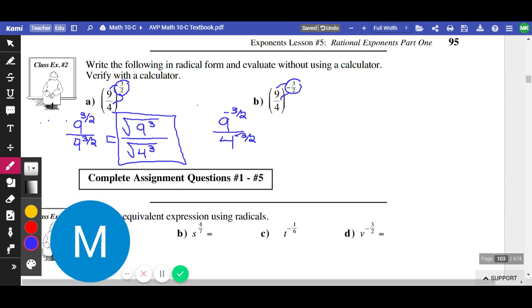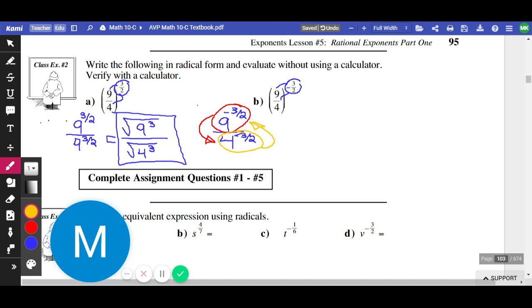Awesome. The next thing I do, because I've dealt with my power of a power rule, is I have negative exponents. I need to deal with these negative exponents. This is a negative power. It needs to go to the other side of the fraction. This one, also a negative power. So it needs to switch to the other side of the fraction.